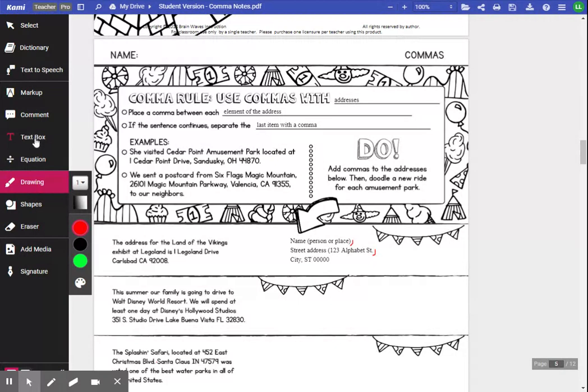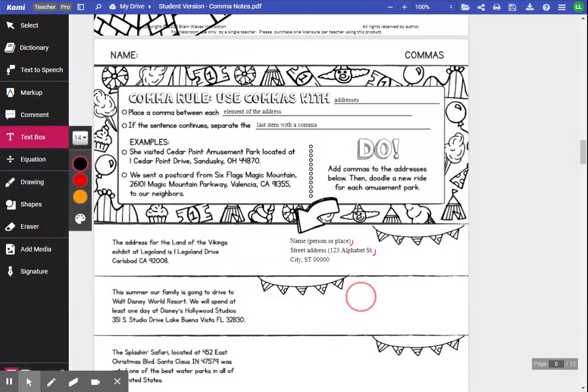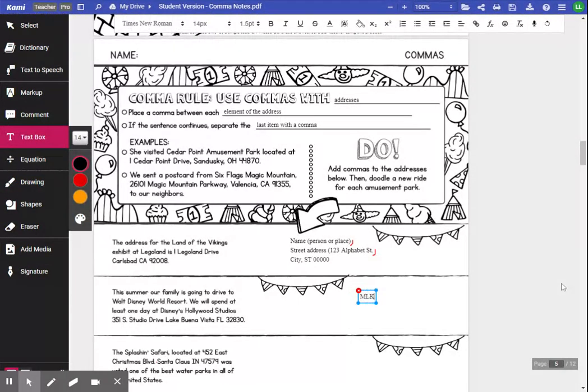The example that I used with my first class was Martin Luther King Jr. There's always a period after his name, but if you were to write according to Martin Luther King Jr., you would still put that comma right there,